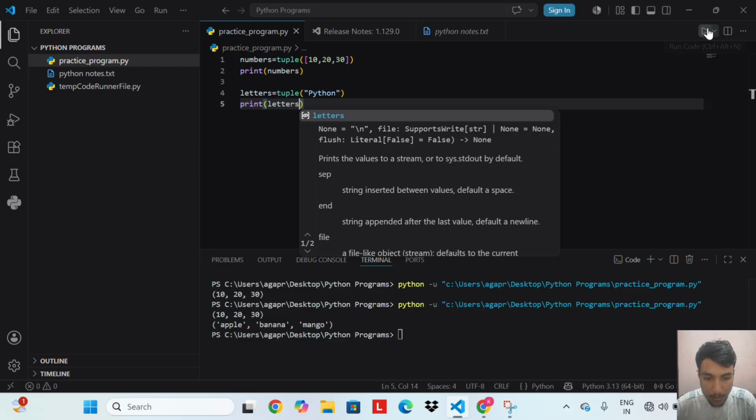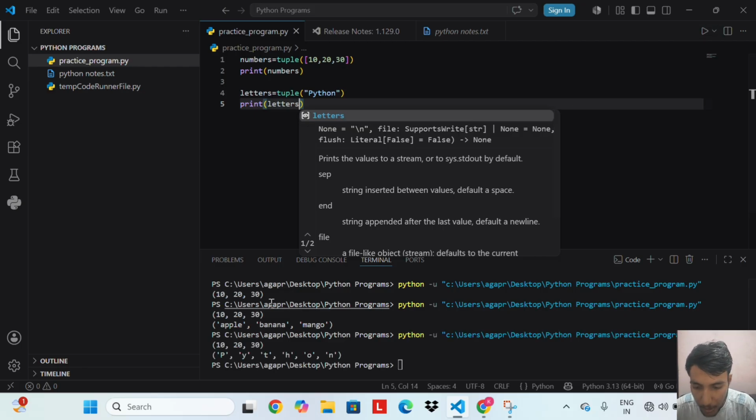Let's run this code. We get output 10, 20, 30 as a tuple and